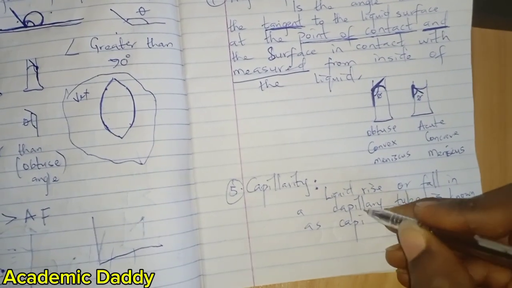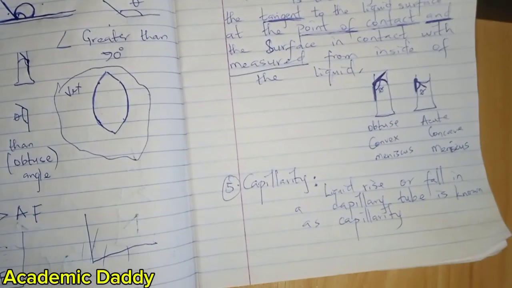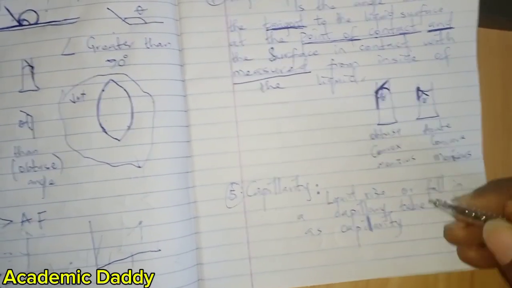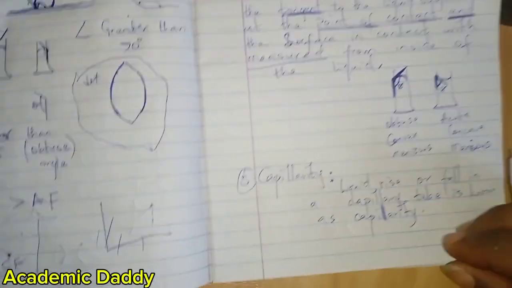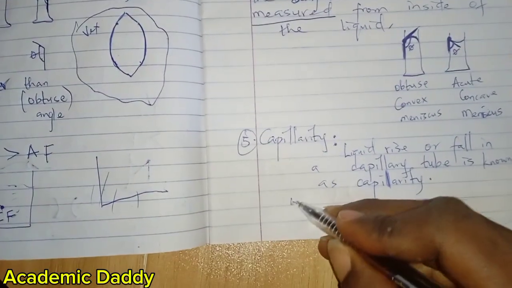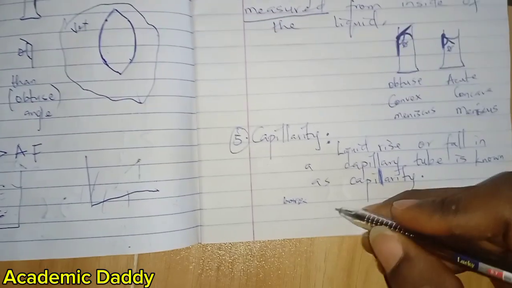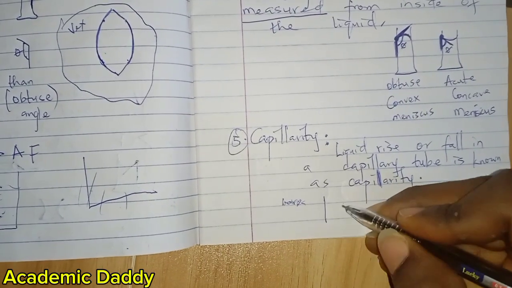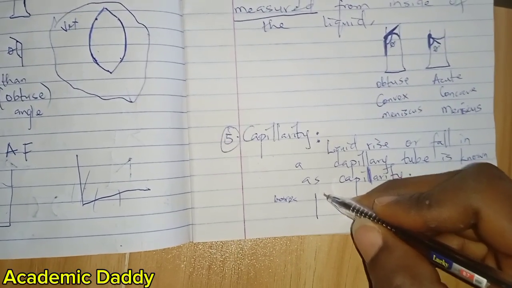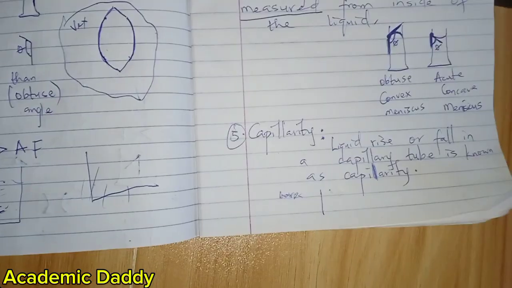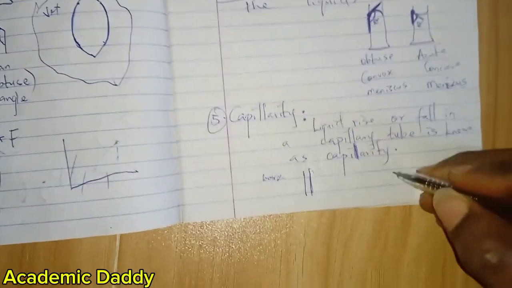So it's now up to you to go and find out capillary. Sometimes you see it as one, no problem, it's capillarity. So we say that tubes with fine bores are known as capillary tubes. So we say that a capillary tube will either rise or decrease more if you decrease the diameter, that is, if it is this way,